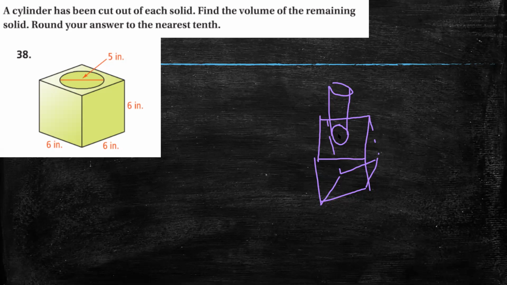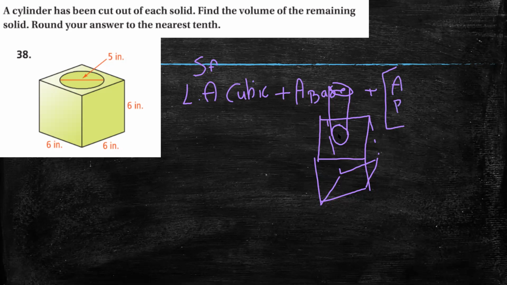You will find the lateral area of the cubic, plus the area of the base that is at the bottom, plus the area of the base of the square minus the area of the circle. Sorry, from the bottom we have it. I'm sorry, I looked from the top. Minus the area of the circle